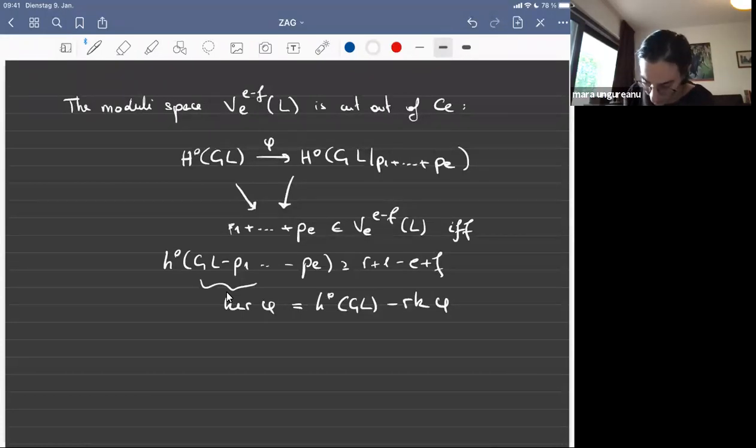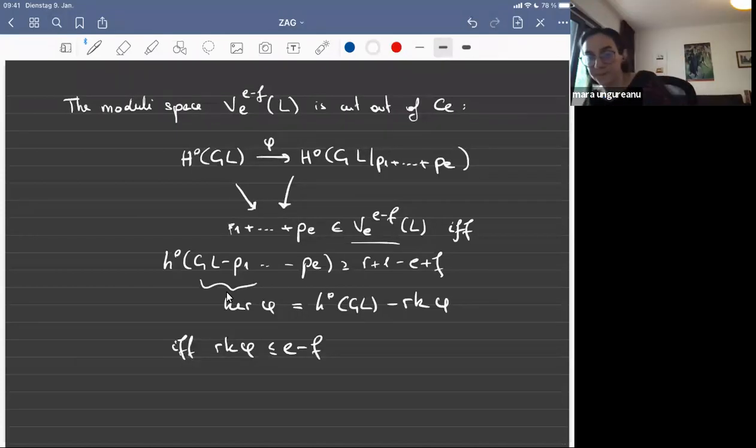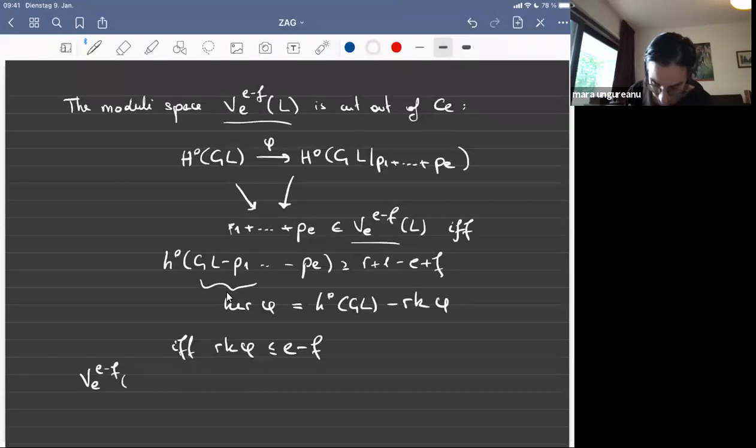And so therefore, the condition that P1 plus up to PE belongs to my secant variety if and only if the rank of phi is less or equal to E minus F. And that is super nice, because this means that now I can set up my degeneracy locus construction of my moduli space. And I can say now that E minus FL is the locus